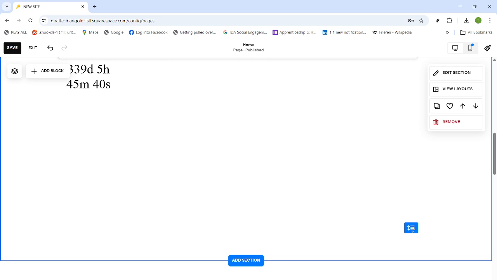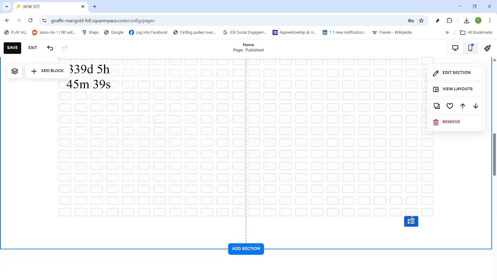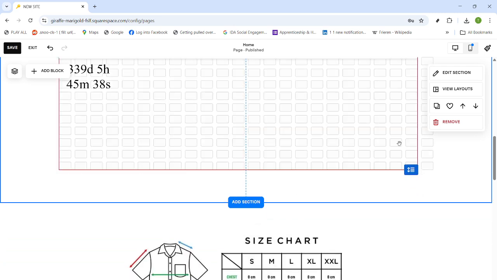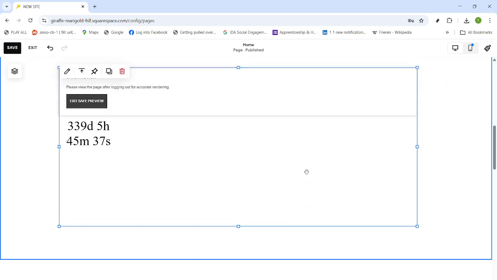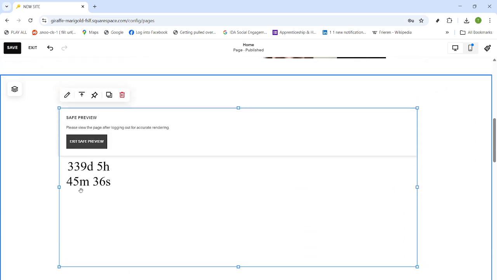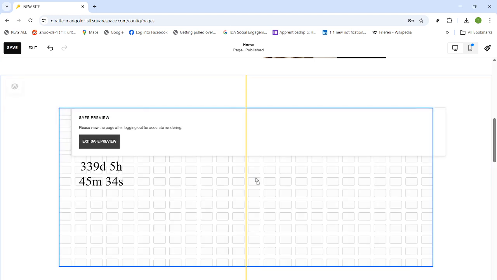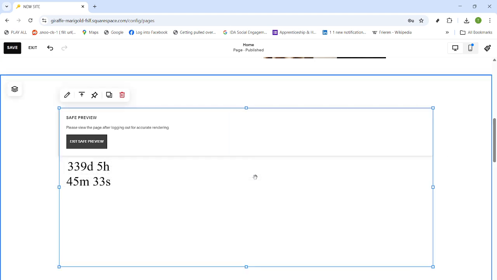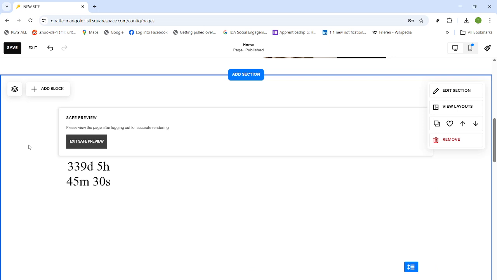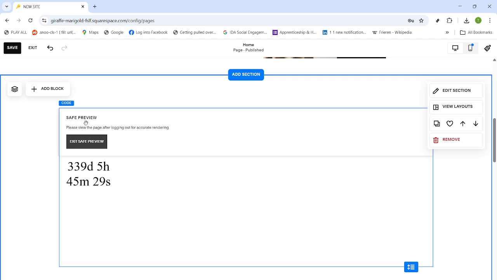Common tweaks include adjusting the end date and time, labels for days, hours, minutes, and seconds, and any color or font settings the plugin exposes. If your timer supports responsive sizing, make sure that option is enabled in the snippet so it scales nicely across devices. Back in the editor, you can click into the code block again to make final adjustments, such as centering